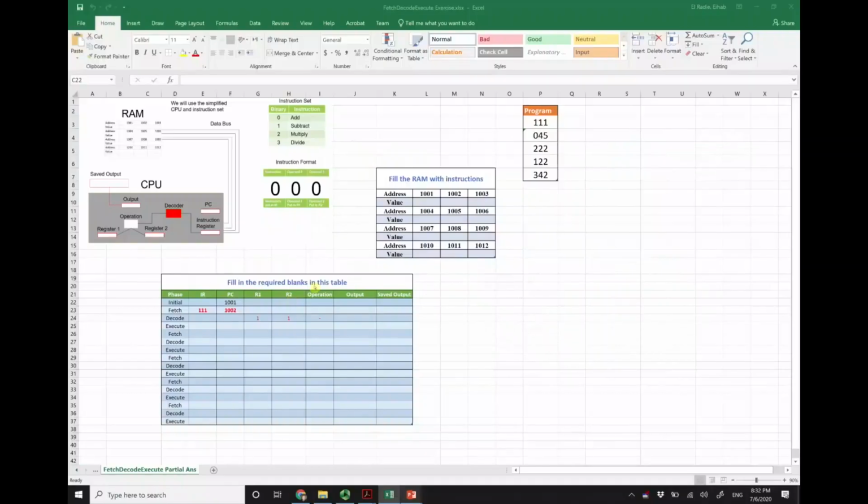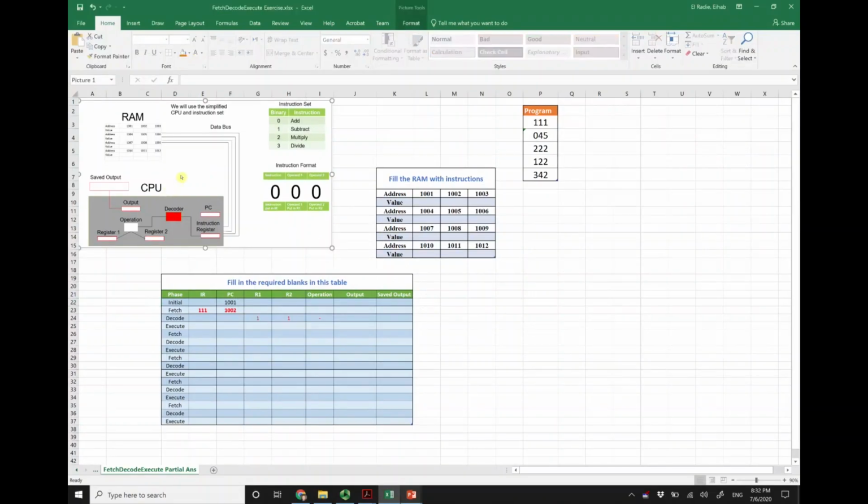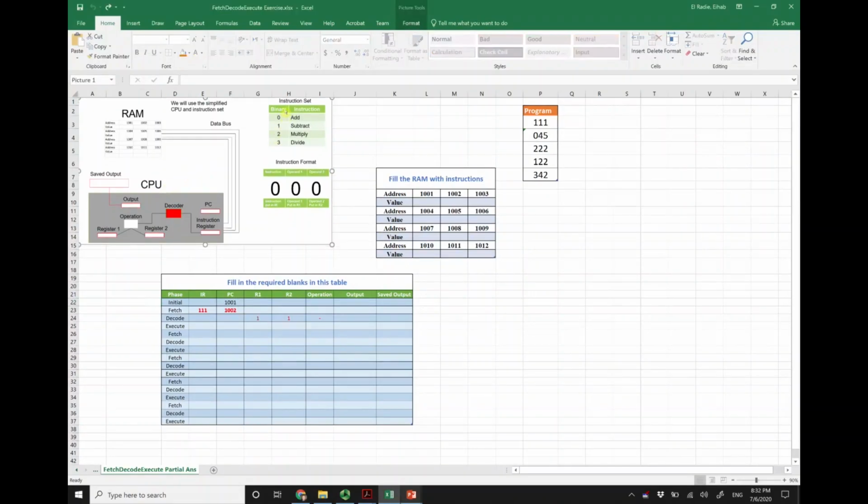And that's it for the lecture. But we are not done, because I set up this Excel sheet. Here is the instruction set. Here is the instruction format, and you fill out this one. You fill out these places with the program instructions in here. And then I did the first one,